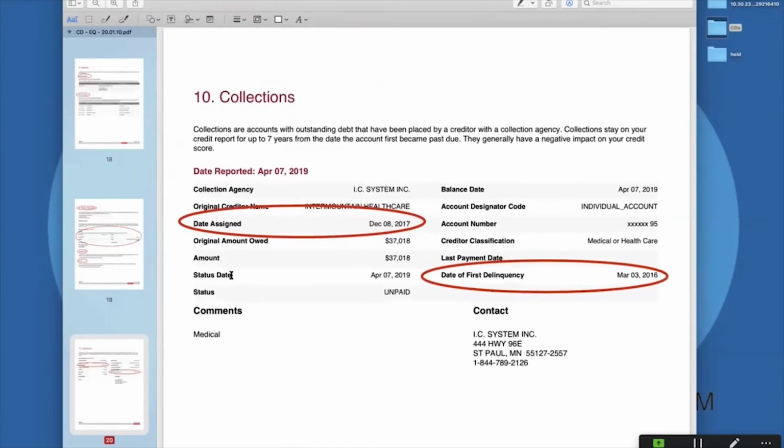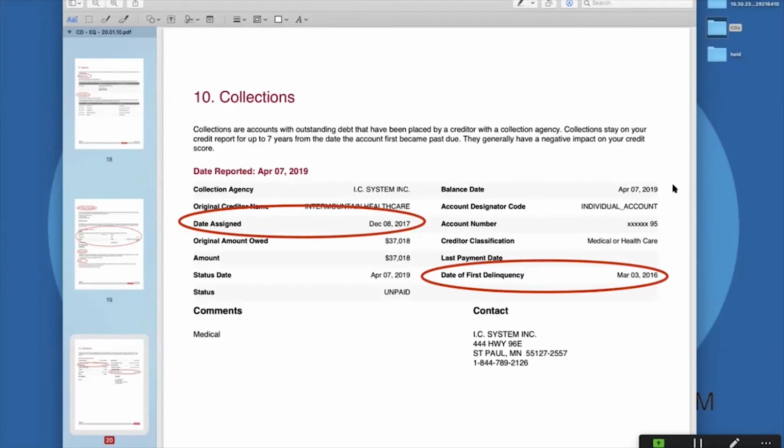Now, finally, a collection account, and there's a different section for collections, but notice that the date reported is April of 2019, but it was originally assigned in December 2017. The amount owed, right, and the status date is the same as up here. So date reported and status date are the same. The balance date is the same. So what they're doing is they're pinging this collection account to see, is that a true estimation of its current